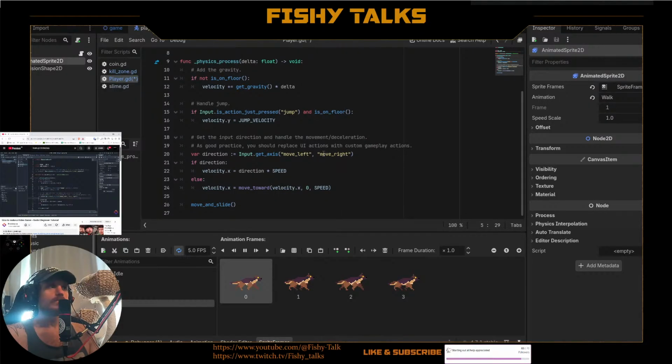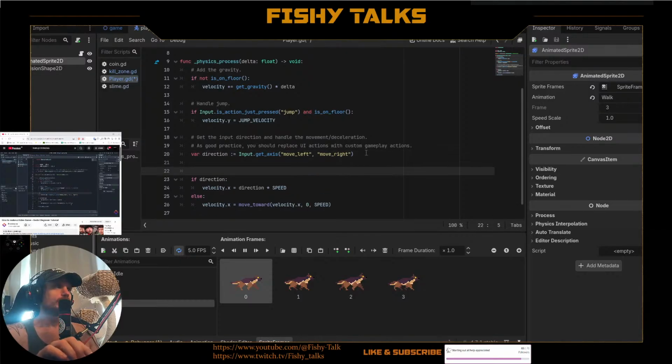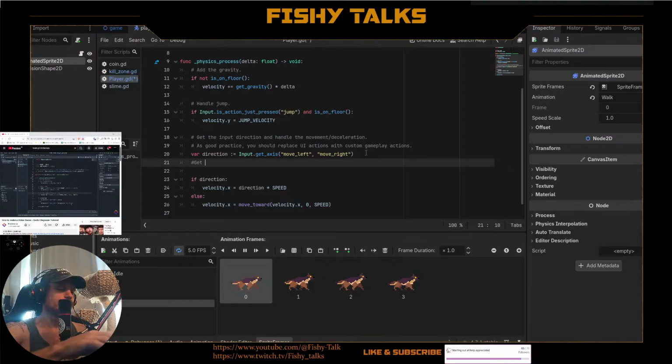I'm going to make some space in the code here and make my own comments as well. So use a hashtag for a comment. This here gets the input direction, which can either be -1, 0, or 1. And this down here actually applies the movement. So in between, we can add a section that flips the sprite. To do this, we check if our direction